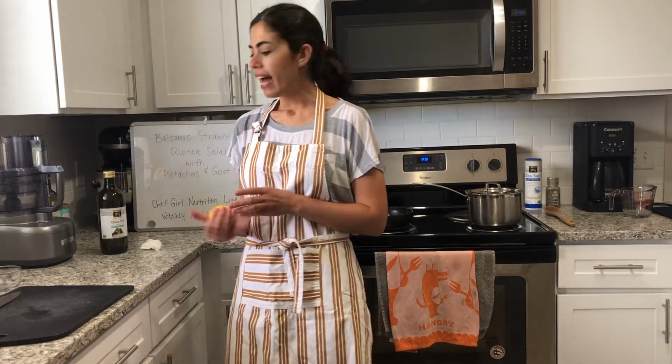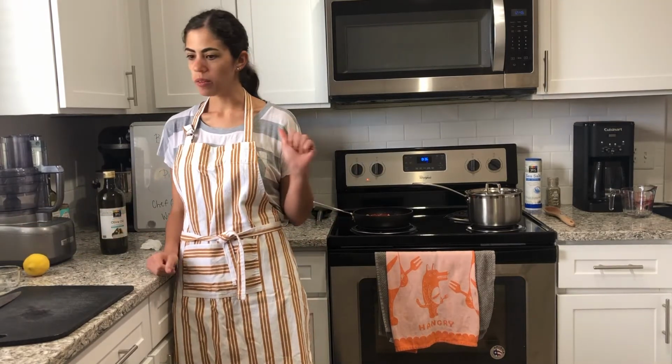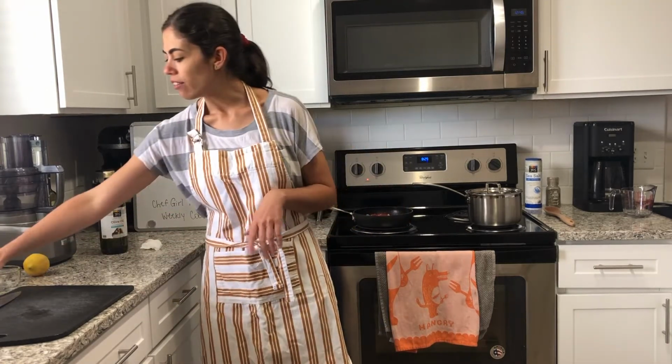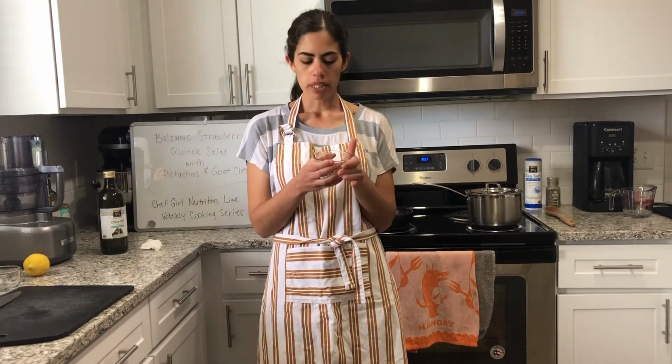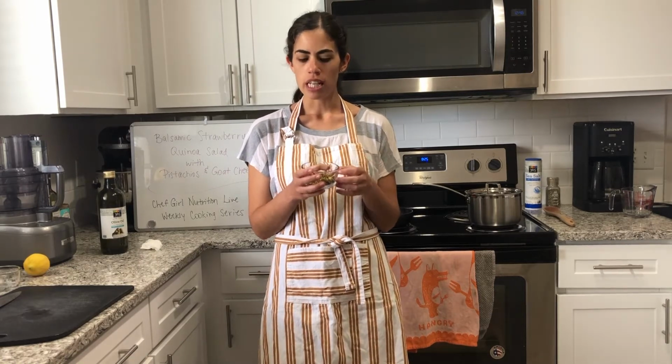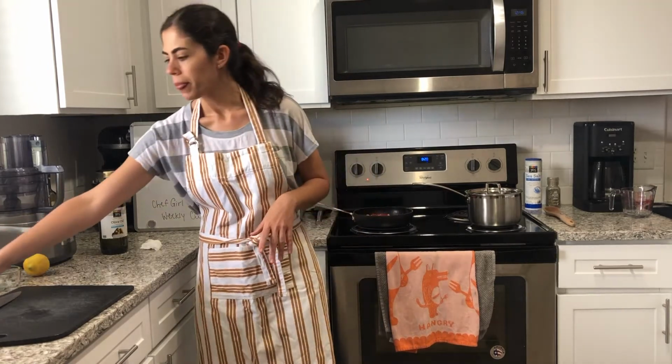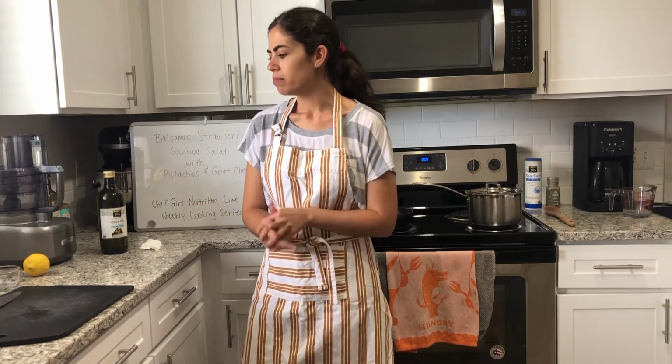Okay, and while that stuff's cooking up, we can talk about the other ingredients that are going into the quinoa salad. So I have already some chopped up pistachios. So these are already roasted, and I just chopped them up, just a rough chop. You totally don't have to use pistachios. If you don't like pistachios, you don't have pistachios, you can use any kind of nut that you like. You could even use some kind of seed, like pumpkin seeds, really anything, almonds, pecans, anything would be delicious,